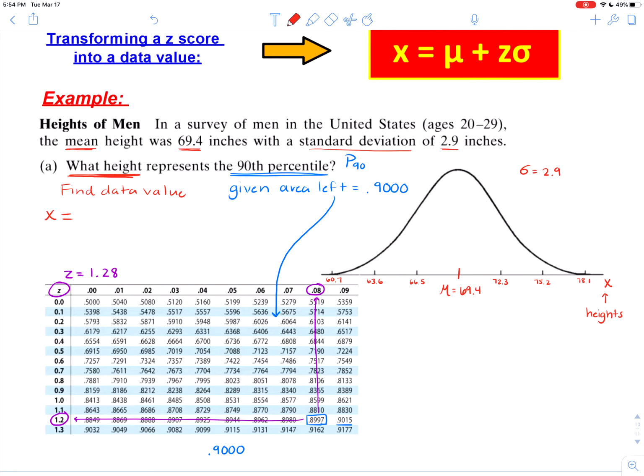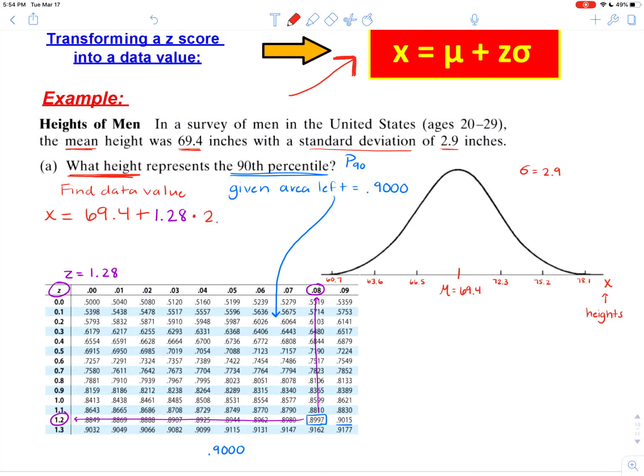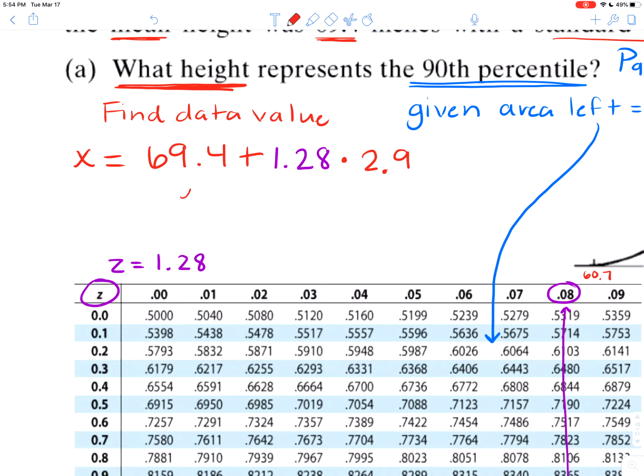So what I'm going to do is use my transformation formula. That's what you're seeing up at the top here. If I need to go from a z-score to a data value, then all I'm going to do is take the mean, in this case 69.4, plus the z-score, that's what I just found at 1.28, times the standard deviation at 2.9. Again, this is just mu plus z times sigma. That will convert this to a height, a data value,